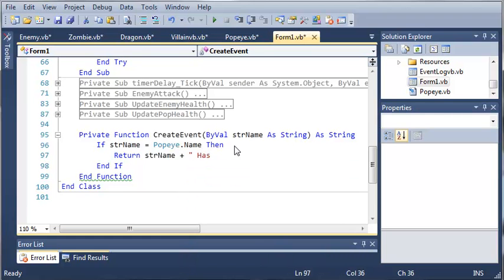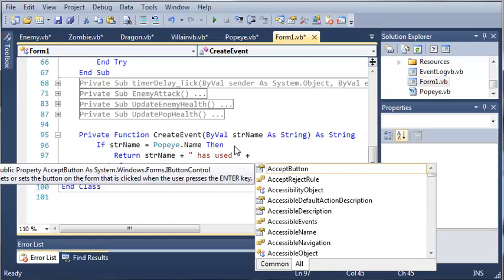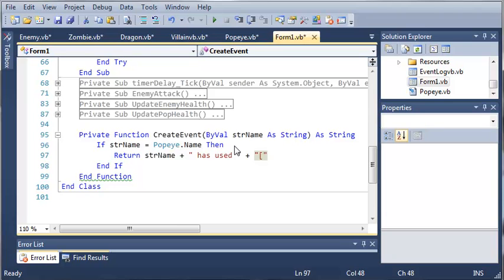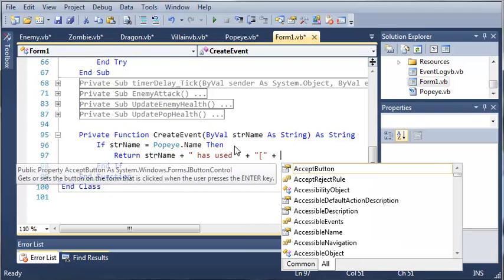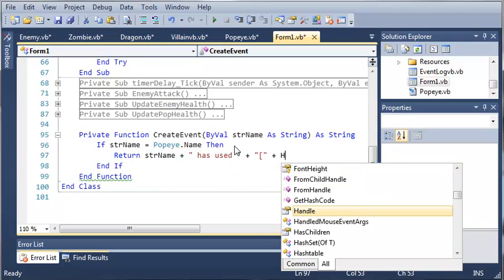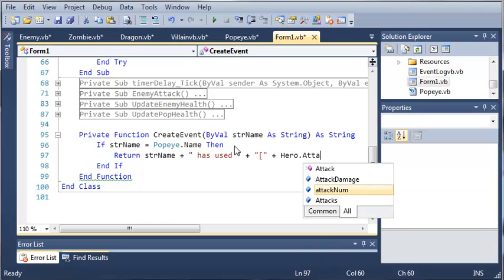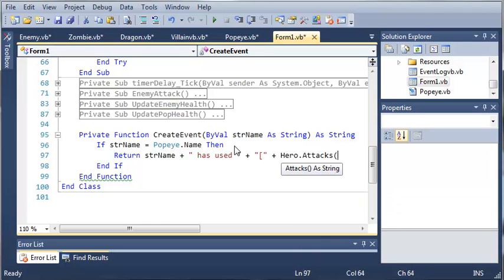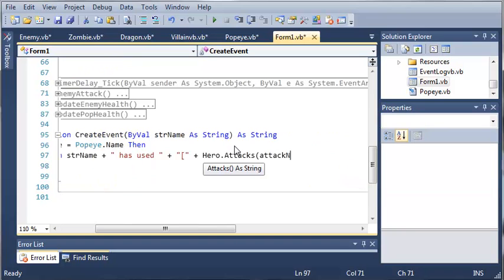So we'll just say has used, and now what we want to add is the attack. So we'll just enclose it in brackets so they can easily distinguish it from other parts of the log. So what we can do is we can do hero dot attacks at the index of attack num,